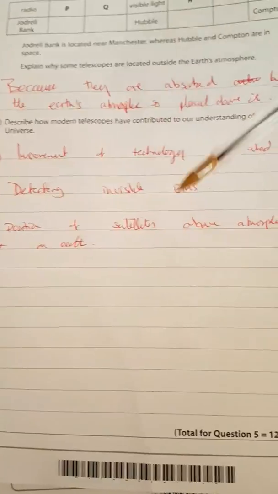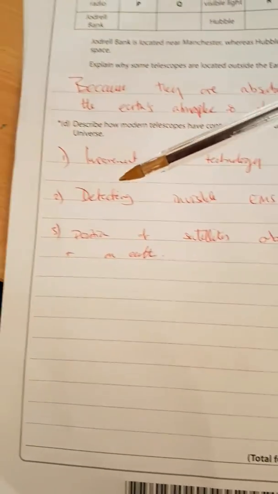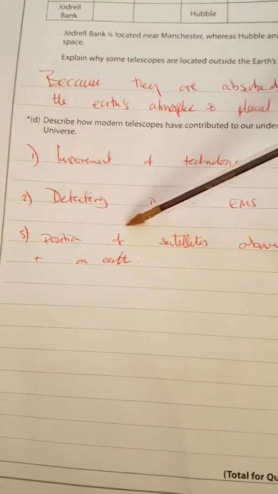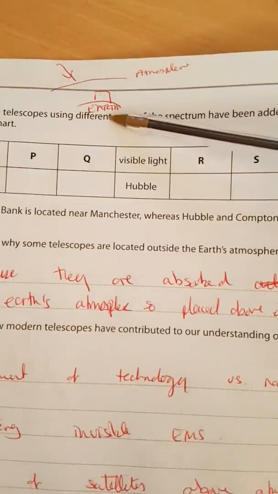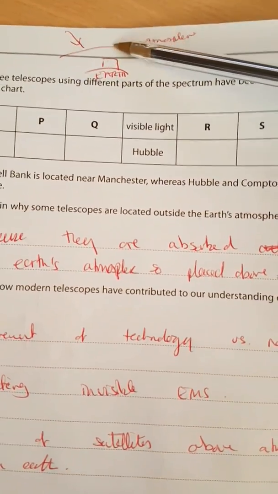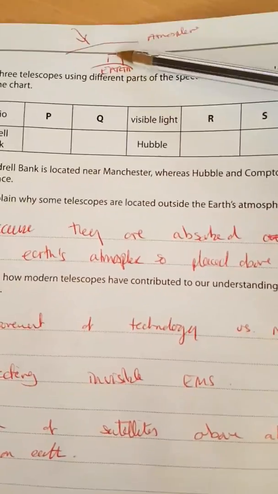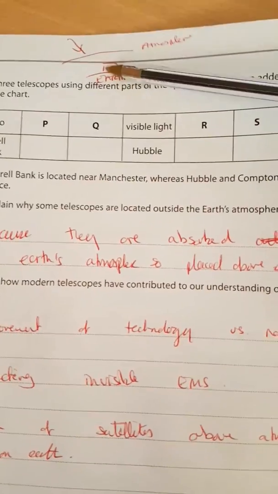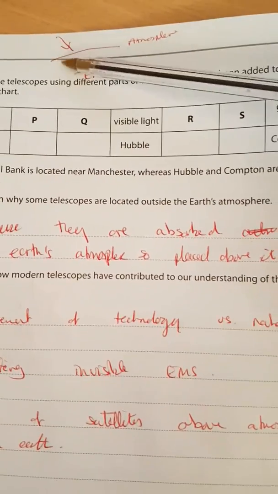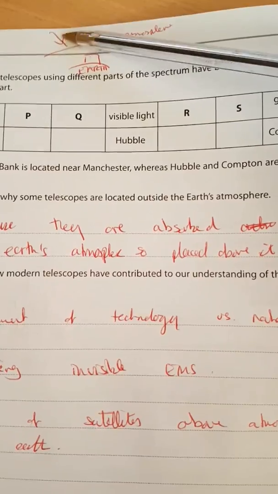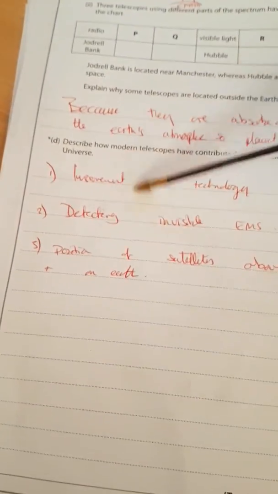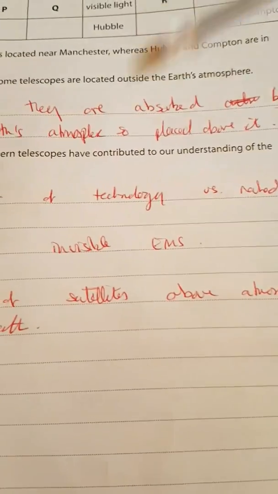And the other thing is the positions at which those telescopes can be placed. You can place some on the Earth, as we said, because some waves can go through the atmosphere. But if they can't go through the atmosphere and they get absorbed by it, then you can place the telescope above the atmosphere. So that all helps to contribute towards our understanding of